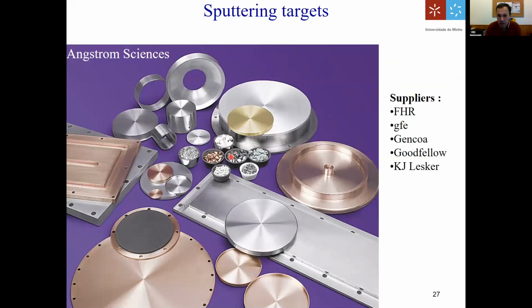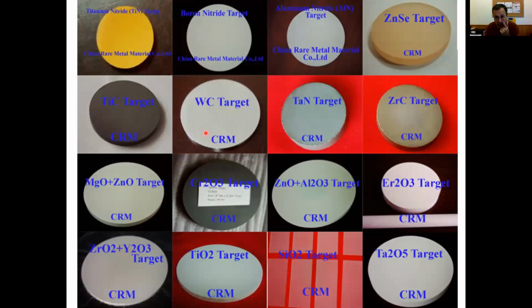And these are some examples of target material suppliers: FHR and GFE in Germany, Goodfellow and Kurt J. Lesker in the UK and in America, which supply target materials. These are some of the aspects of some targets. Here, for example,